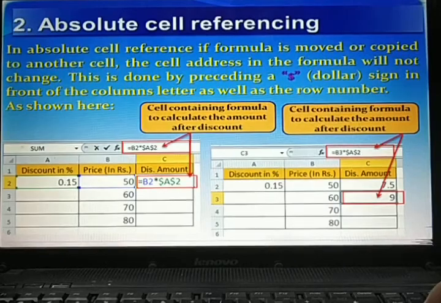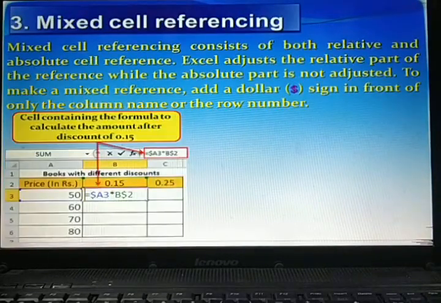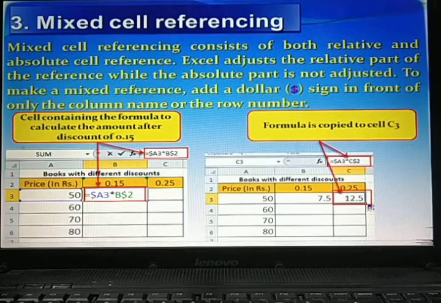The third one is mixed cell referencing. A mixed cell reference consists of both relative and absolute cell reference. Excel adjusts the relative part of the reference while the absolute part is not adjusted. In a mixed cell reference, only the row or only the column remains fixed in a formula. To make a fixed reference, add a dollar sign in front of only the column name or the row number, as